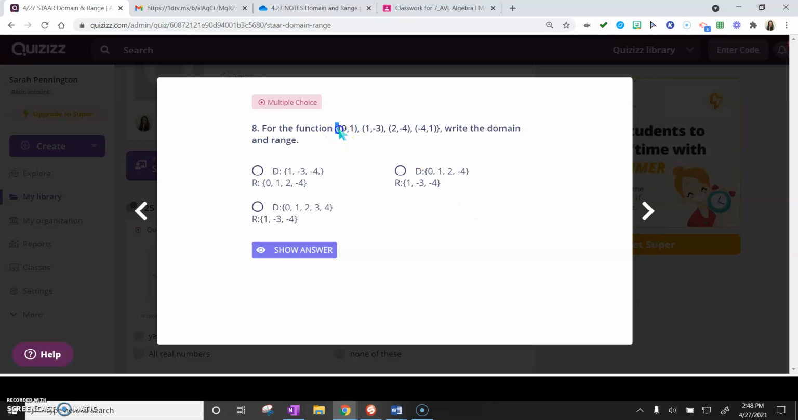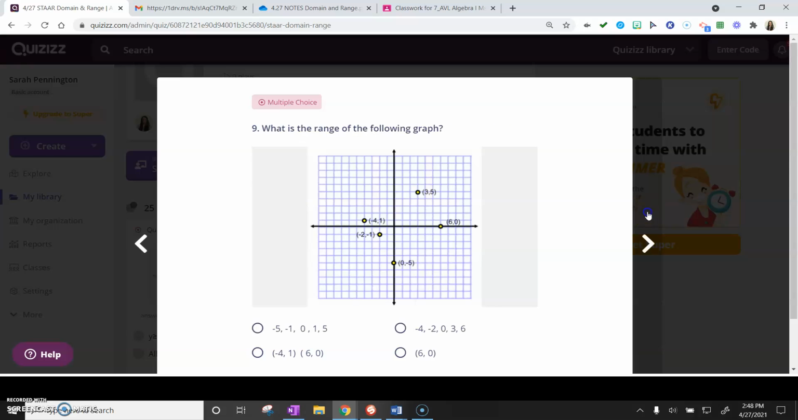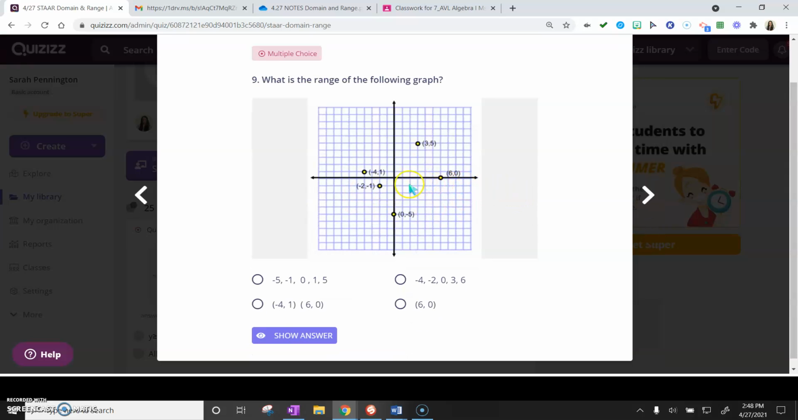For the function that's here in set notation, like we talked about, it gives us the points. And so remember x comma y. So my x values are 0, 1, 2, -4. My y values, or my range, is 1, -3, -4, 1. The range for this one right here is the up and down, or the y value. Since this is a discrete function, I'm just going to be looking at the y values of my points. So 5, 0, -5, -1, and